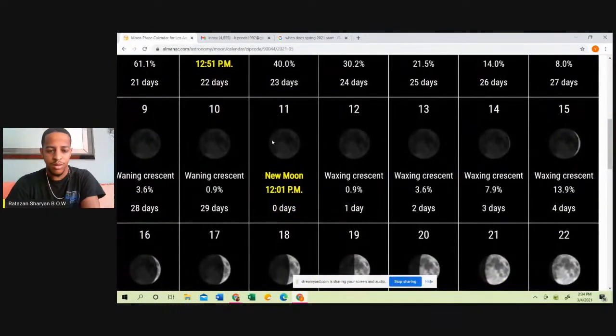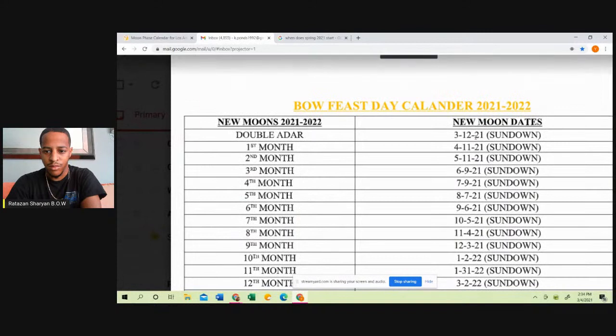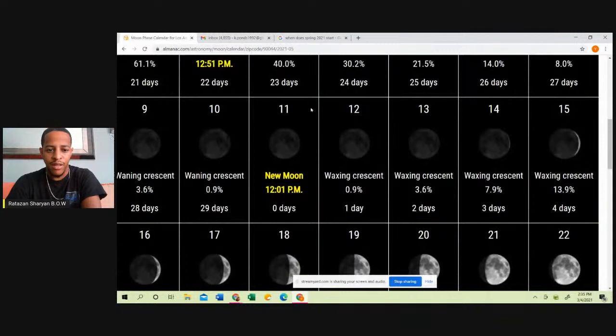Boom, here's new moon. All right, May the 11th. So you will keep your new moon May the 11th. Let's just double check. Boom, May the 11th. Remember, it's at sundown. So you'll have it May the 11th at sundown.